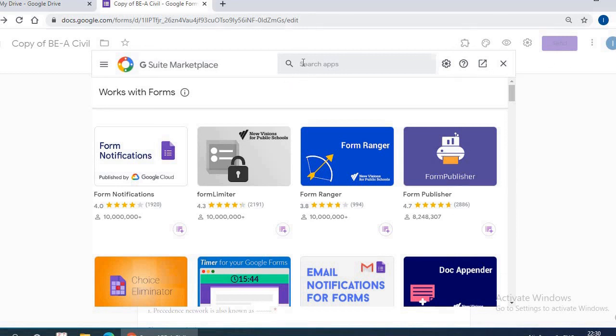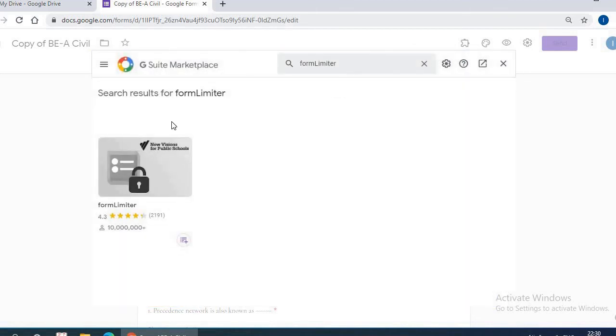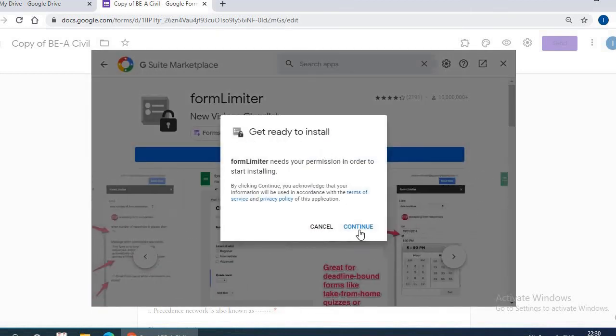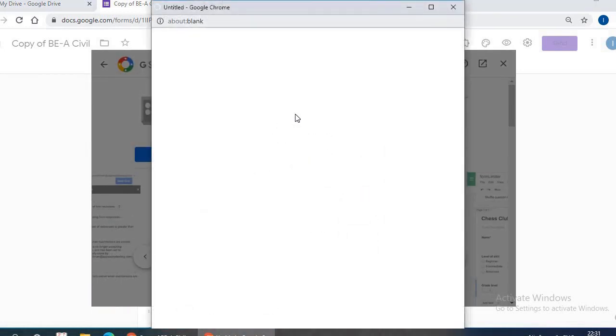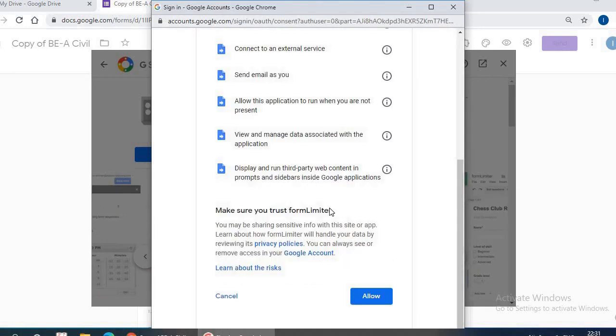Okay, in the search apps, you write form limiter. Form limiter. Install the form limiter. Install. Continue. It will take you to a window. Install form limiter.